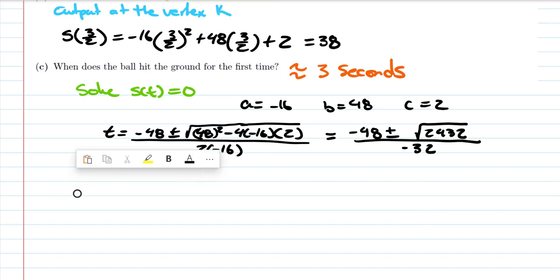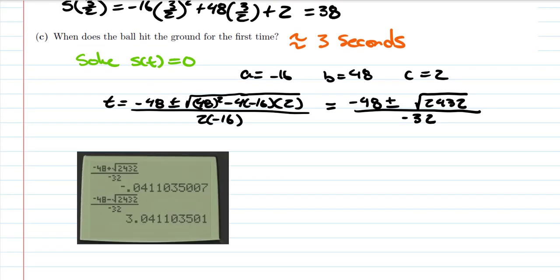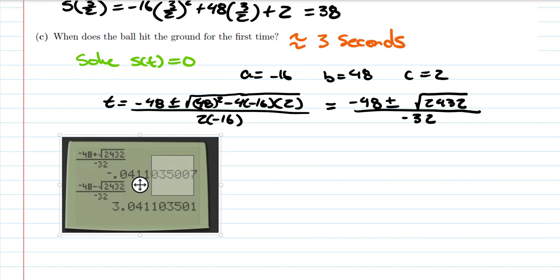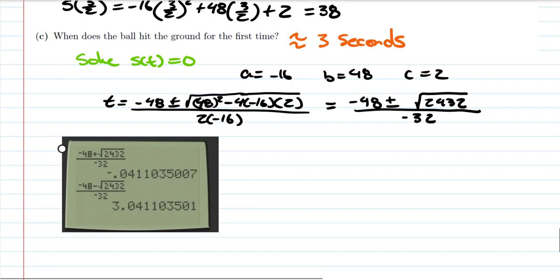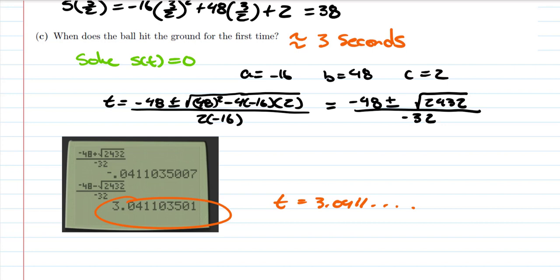So we see that the solution we are looking for is this. So t is 3.0411... So our approximation by using symmetry was pretty close, about 3 seconds, but the exact answer is